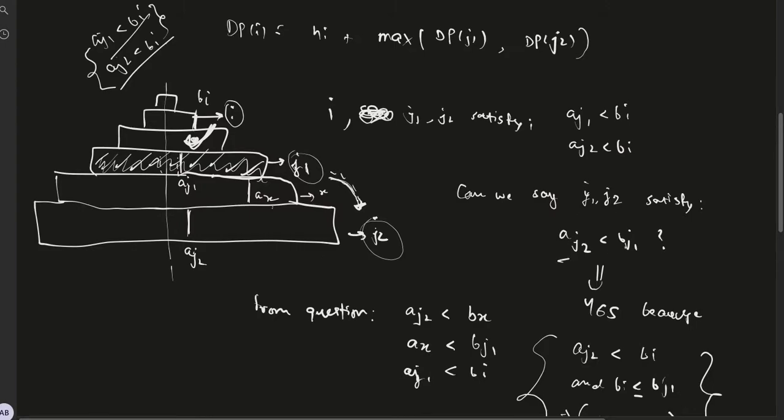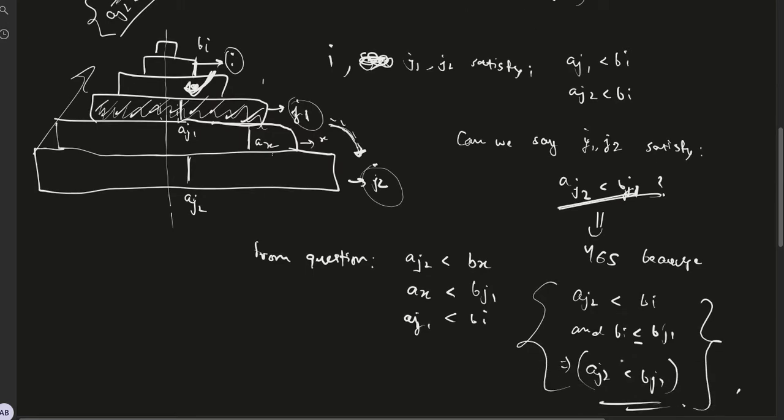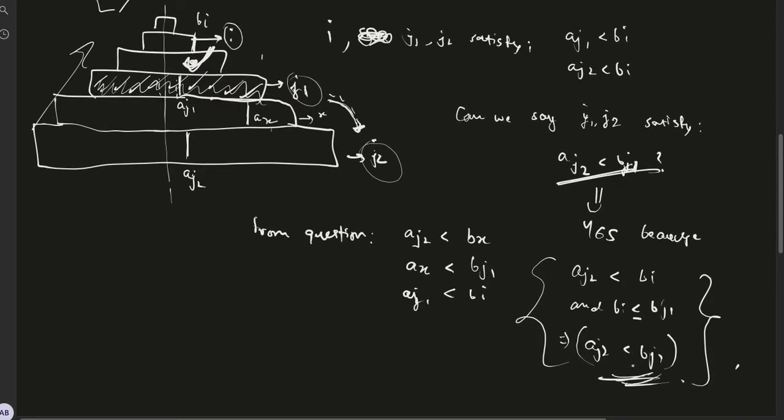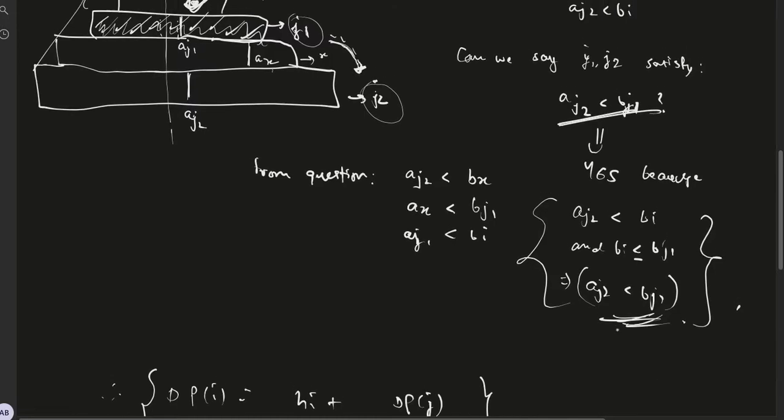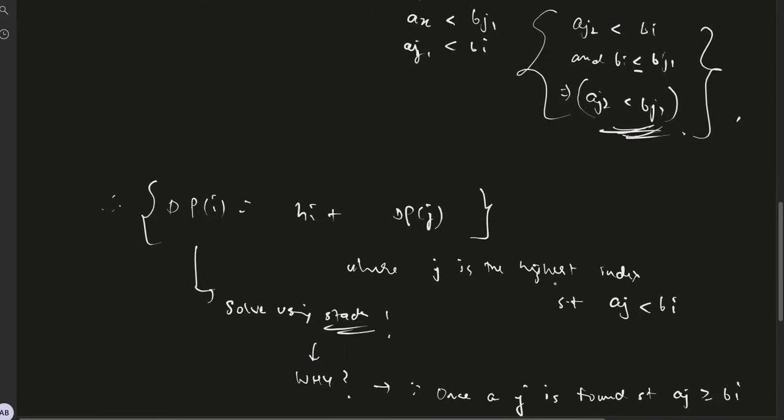And proving this, it turns out, is pretty straightforward, because AJ2 is less than BI, we know from the given. BI is less than or equal to BJ1, since this is a non-increasing sequence. From these two, it can be proven that AJ2 is less than BJ1. Now, once we have this, the original problem is reduced to this problem, and this problem can be solved using stacks. Why? Because the intuition behind this is that